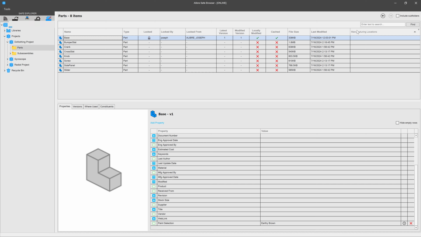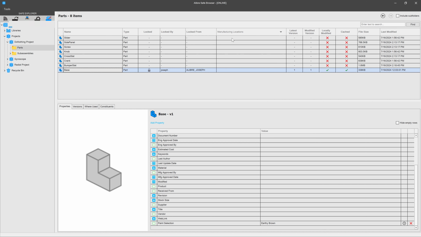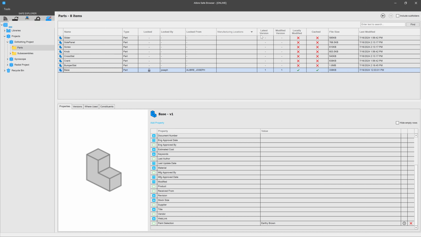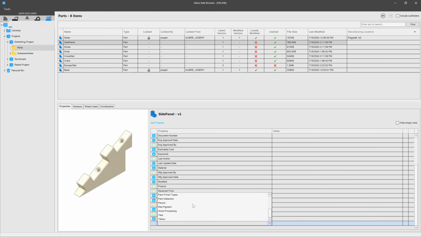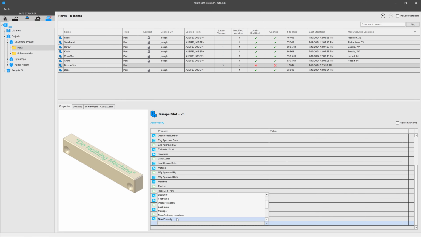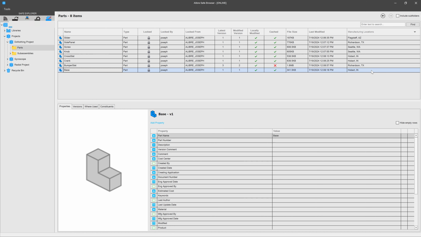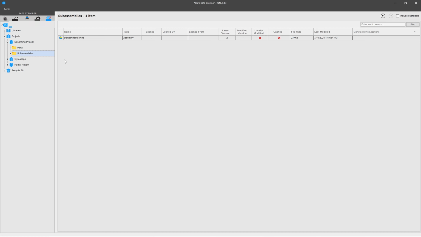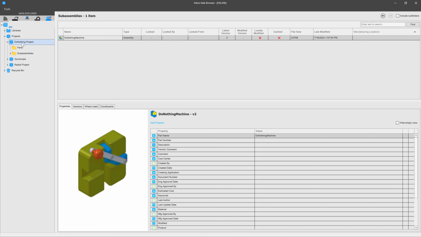I can reorder this column as needed, as well as resize it. Then I can set every part to a manufacturing location as needed. This is especially handy if I'd like to just sort by the manufacturing location and see all the parts that are made where. So far, we've talked about working with parts and assemblies and their metadata, but it's also worth talking about